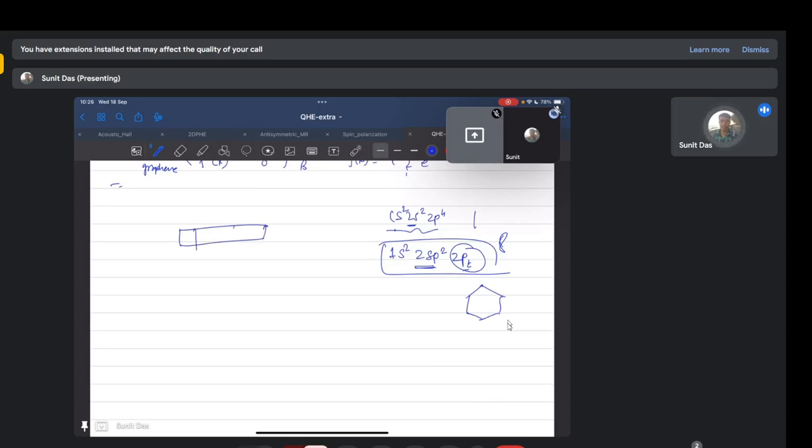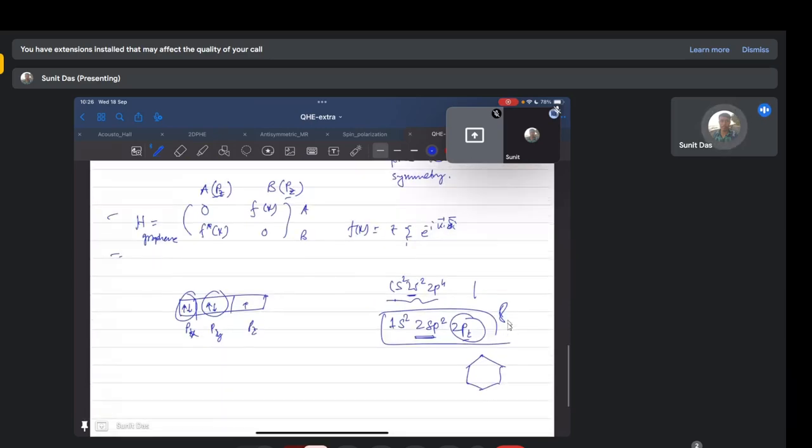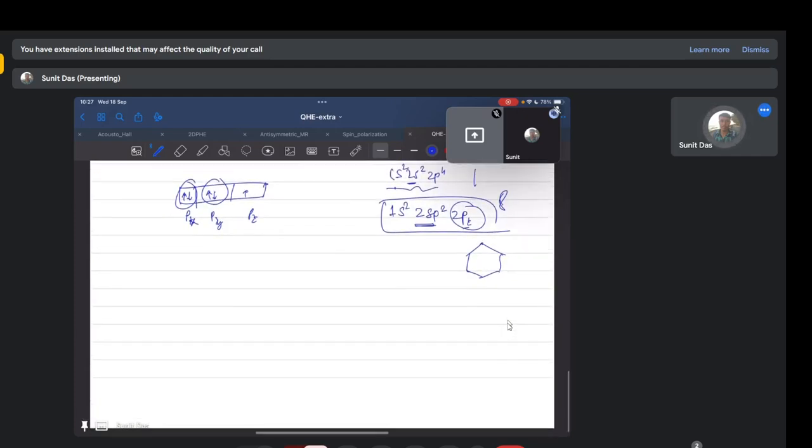So we had px, py and pz, and as you see, we fill the orbitals something like this, right? This means in each orbital we can have spin up and spin down. So when we derived the graphene Hamiltonian from the tight binding perspective, we never mentioned spin, but in principle the graphene Hamiltonian is given by H graphene,